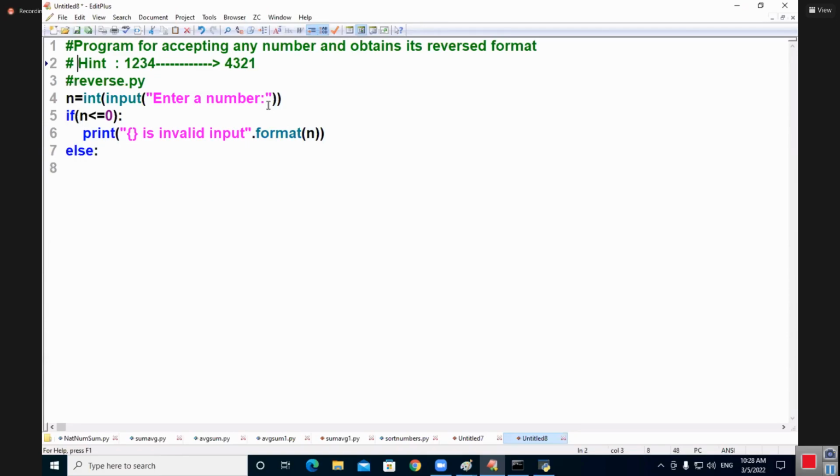What is my number I am entering? Something like 2, 3, 4, 8, or 1, 2, 3, 4, whatever you like. This is my given number. 1, 2, 3, 4 less than or equal to 0, it is false. Coming to which part? Else part. So else part means what should I do? I need to write the logic for